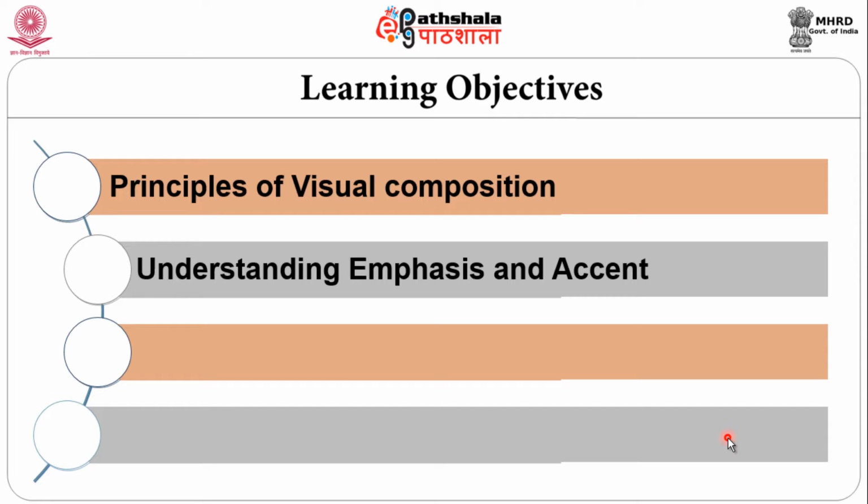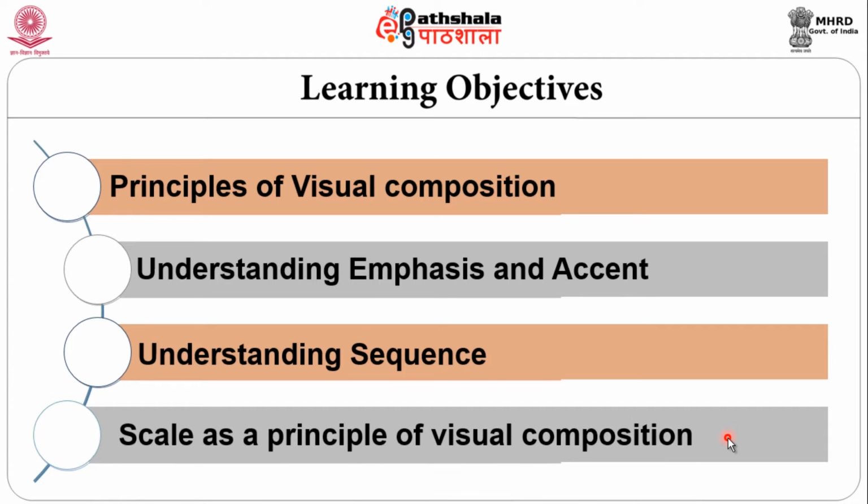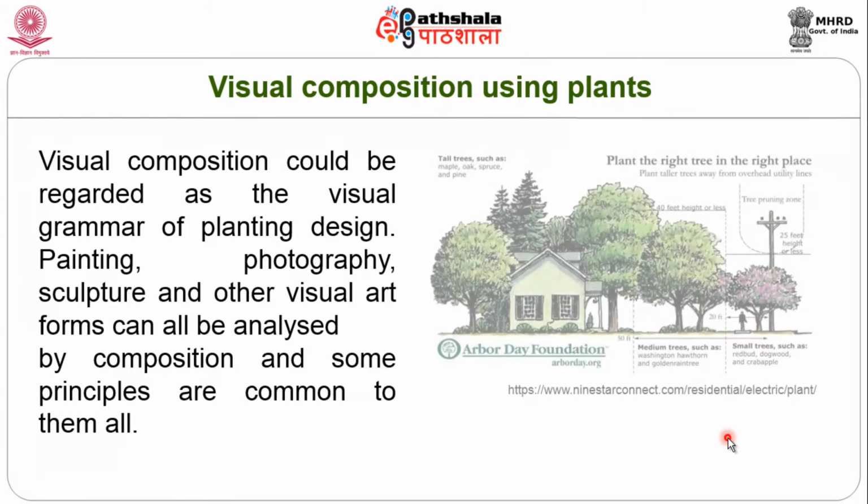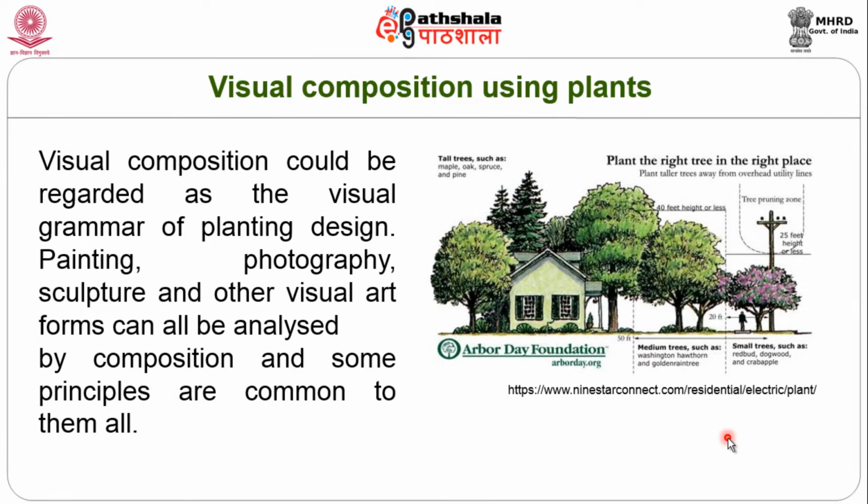And in this particular module, we will see a few other principles of visual composition, like emphasis, bringing in emphasis and accent, as well as sequence, and also understanding scale as a principle in the visual composition of plants. We saw earlier that visual composition could be regarded as a visual grammar of planting design,